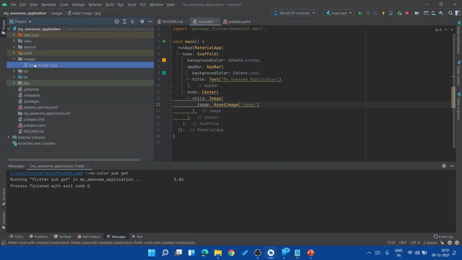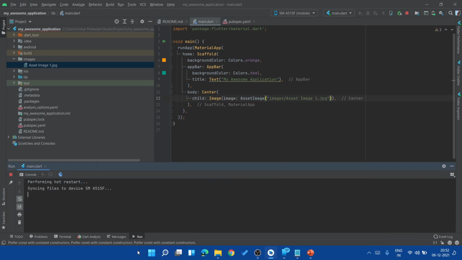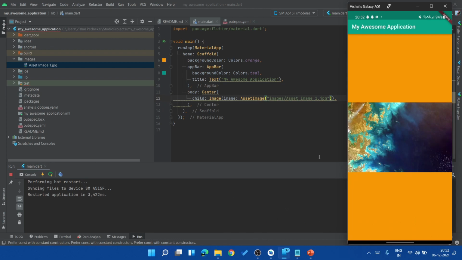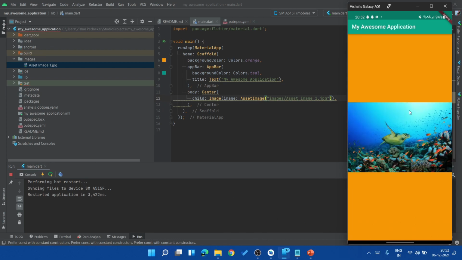Like we have images slash asset image1.jpg, and I will restart this application.